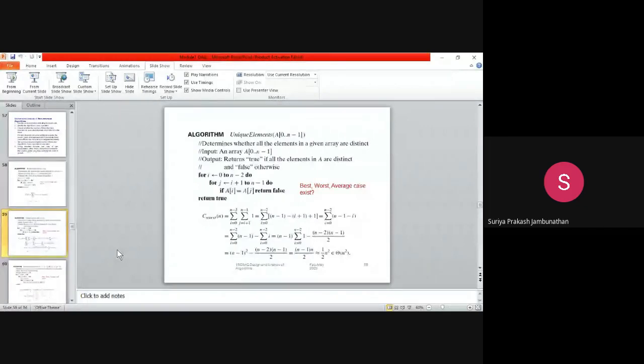Your question is how the value will be incremented. The first time the i value will be 0. Then 0 will go here, and 0 plus 1, that is 1, will be updated in j. In the next step, the value of j will be changing every time. Yes, sir, like that it is going.